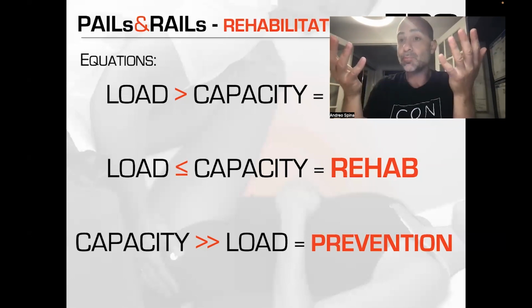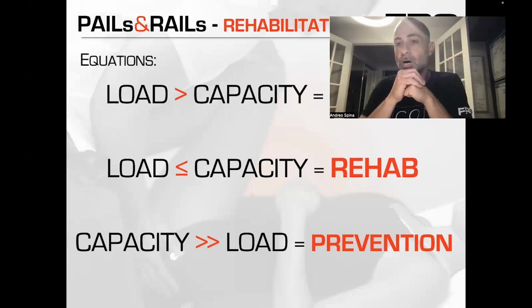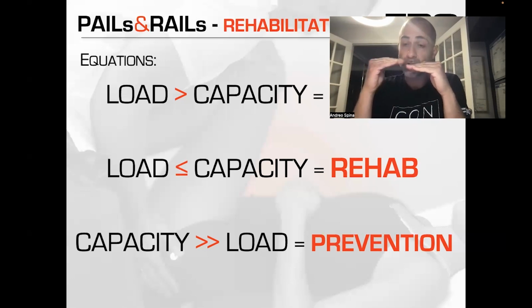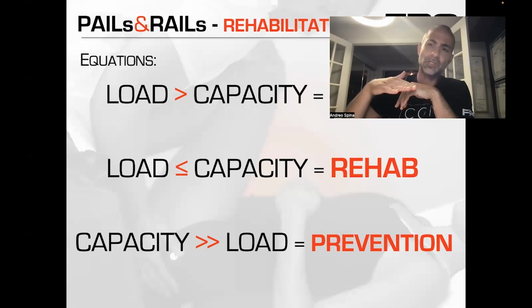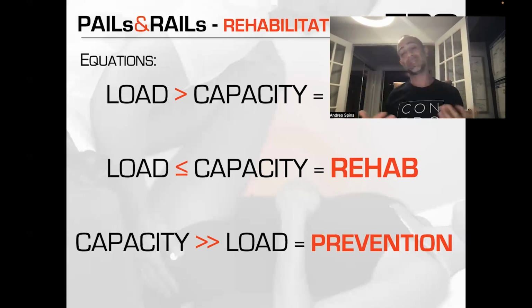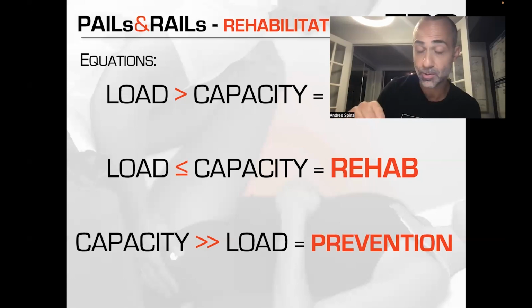Okay, now that seems pretty self-explanatory. Everyone would know that if you're not putting stimulus at a certain level, that it won't stimulate change. But for some reason, in the rehabilitative process, we lower our expectations of training such that we just pick these generic values. Now, that's the one problem. The second problem is if those generic values are put into a generic exercise, the deadlift doesn't know that you require slow twitch fibers in your multifidi. The deadlift doesn't care that you require slow twitch fibers in the multifidi,